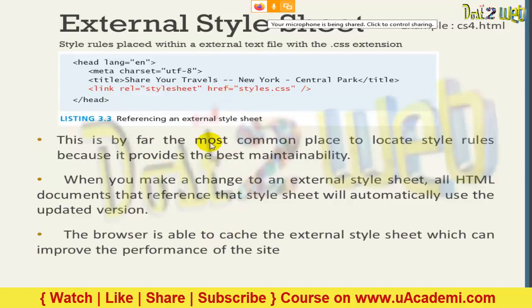Also the browser will be capable of caching the external style sheet and improve the performance of the site, because once the CSS is downloaded, whenever you open any HTML page, any website, what will happen? There is the caching technique. Nowadays most websites have a caching technique. When you open a website the first time on your system, either your laptop or your mobile device, that CSS and JavaScript will be downloaded on your browser.